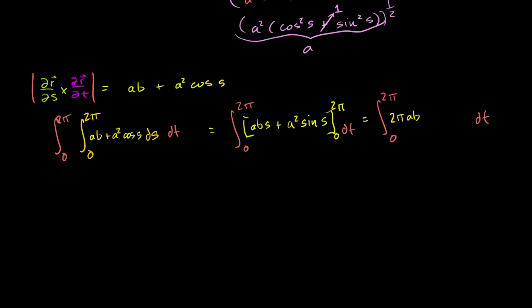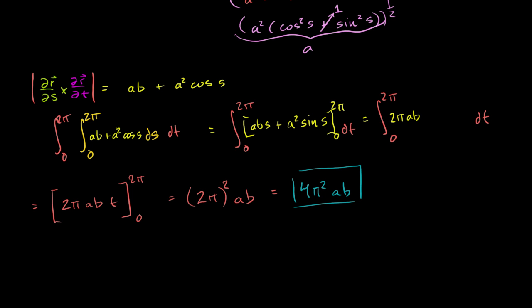And this is a constant in t. So this is going to be equal to, take the antiderivative with respect to t, 2 pi abt. And we need to evaluate that from 0 to 2 pi. So we put 2 pi in there. You have a 2 pi for t. It'll be 2 pi times 2 pi ab, or we should say 2 pi squared times ab, minus 0 times this thing. Well, that's just going to be 0, so we don't even have to write it down. So we're done. This is the surface area of the torus. This is exciting. It just kind of snuck up on us. This is equal to 4 pi squared ab,